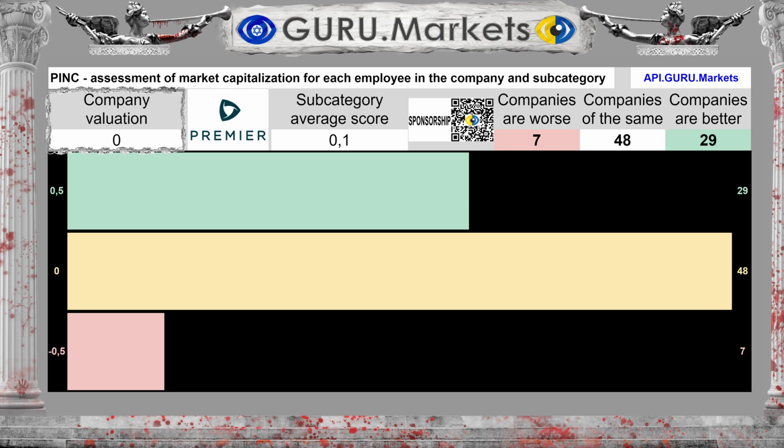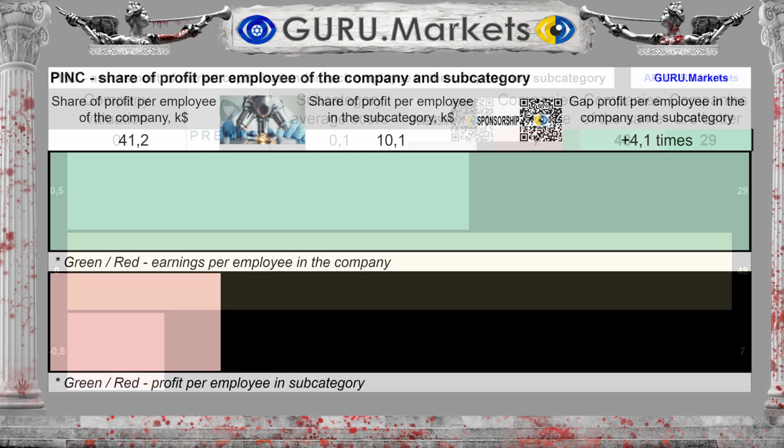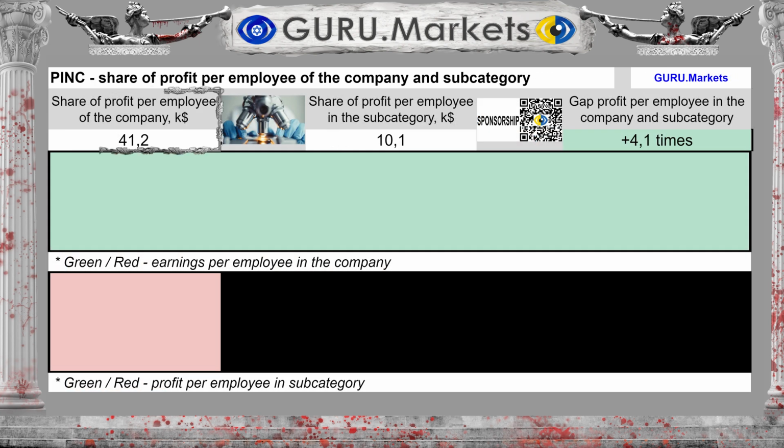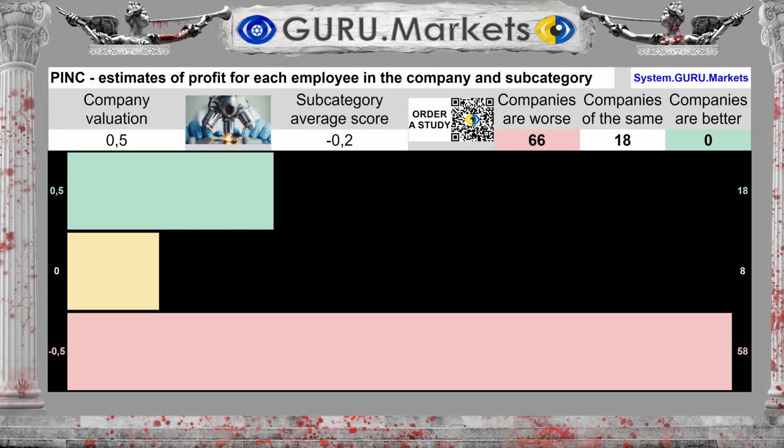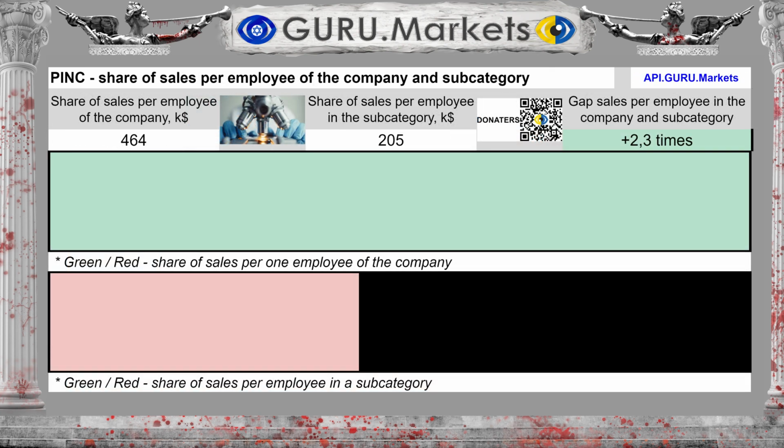Tolerable, 0 points. The amount of profit per employee is $41,200, with an average for the subcategory of $10,100. The difference between the subcategory average and the company's performance is 310%. Estimation of profit for each employee of the company in comparison with the indicators of companies in the subcategory. Good, 0.5 points. The organization's revenue per employee is